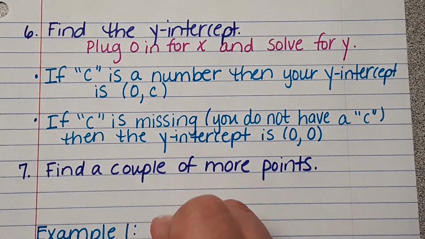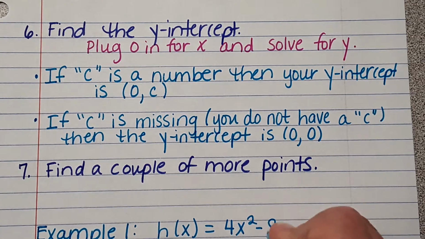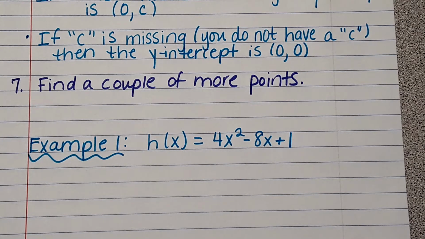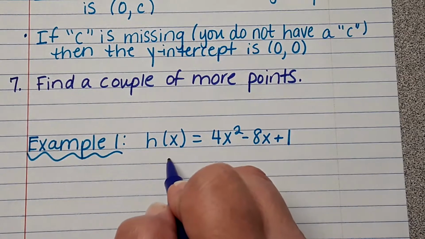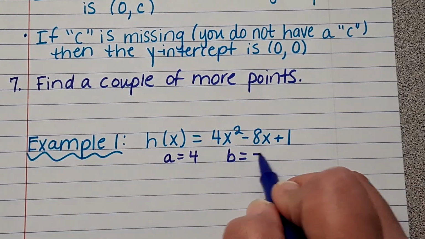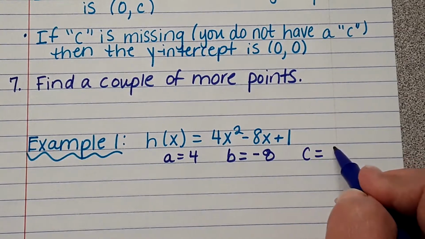Example 1 is going to be h of x equals 4x squared minus 8x plus 1. So the first thing that I'm going to have you guys do is define A, B, and C. And you'll get so used to it that it's going to go really fast. So A is what? B is -8. Remember, take the operation in front of it. And then C is,